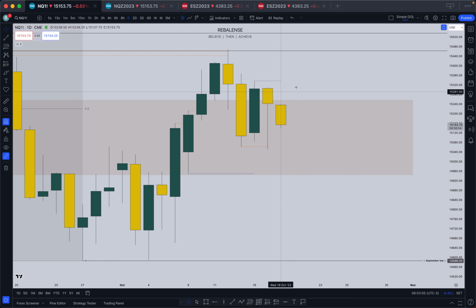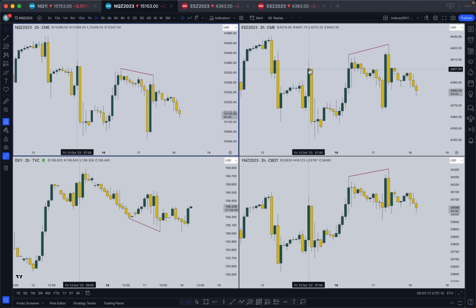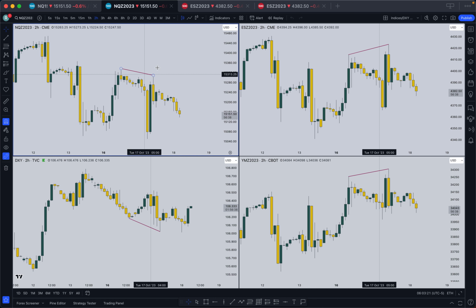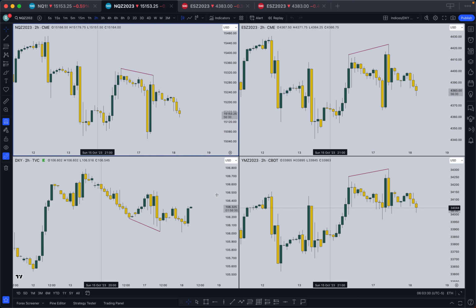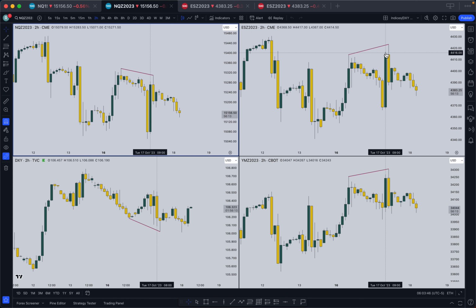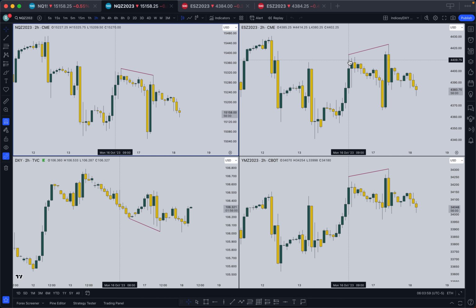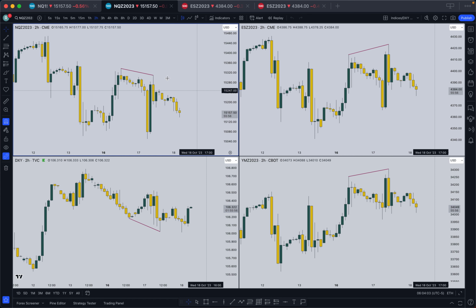So NASDAQ is one of them, really NASDAQ and US 30, and here's a picture of how I'm utilizing these differences in price action between them. What you'll notice is I have 4 charts up: top left NQ, top right ES, bottom right YM, and bottom left the dollar. The only drawing on here is a line representing the morning from Monday, which essentially put in the high, and the morning from Tuesday, showing how price was delivered between Monday morning and Tuesday morning, as far as indices are concerned, at the